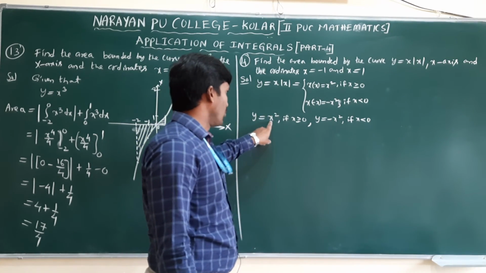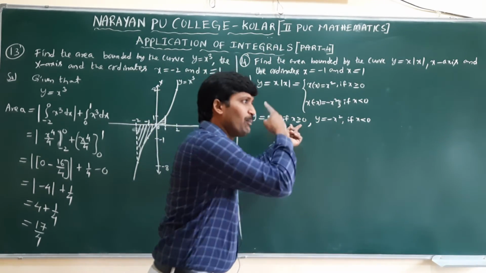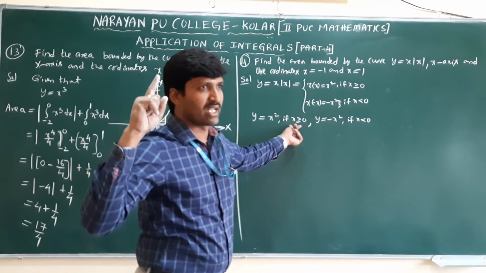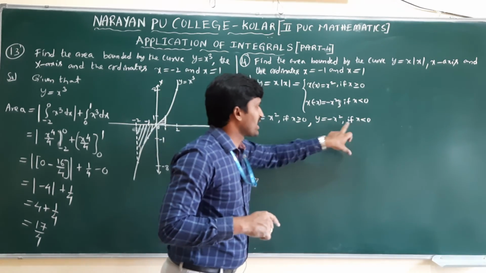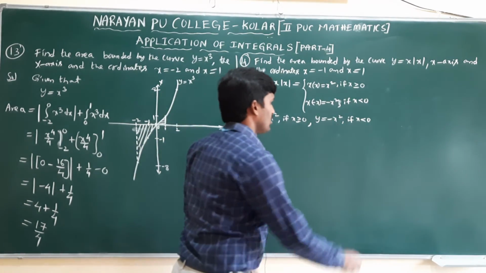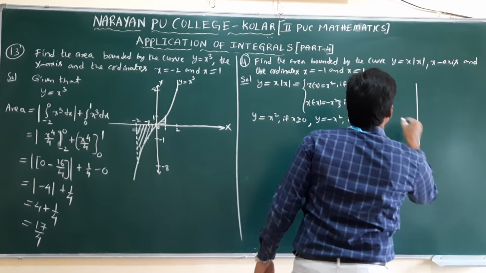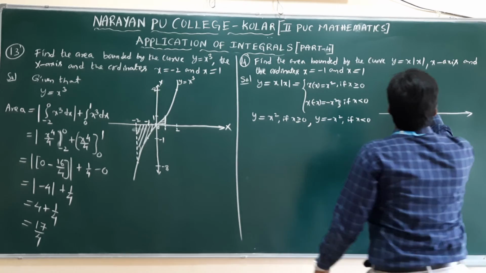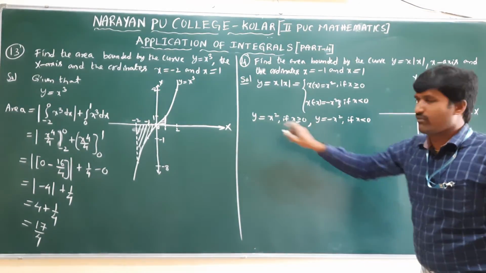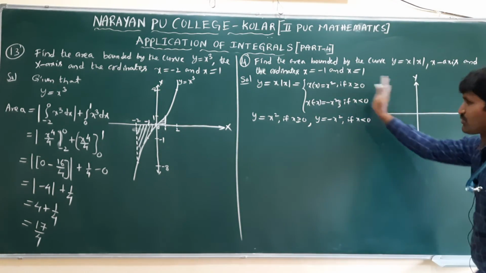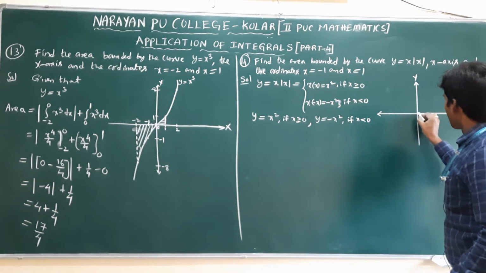Both are parabolas only. One is upwards, one is downwards. But we do not take the complete curve of the parabola. Reason? Only for positive x does this curve exist in this condition. Only for negative x is the downwards condition. Now see the graph. The actual graph of x square equal to 4ay gives the complete curve, including the negative side also. But here the condition is only for x greater than or equal to 0, from 0 onwards.